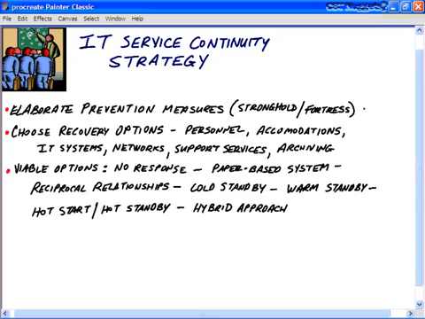Let's talk more about that. Most businesses, when they form an IT service continuity strategy, are going to find that fine line, that delicate balance between recovery planning and reducing risk. And one of the first aspects of strategy will be to elaborate the prevention measures that are available and that will be taken based on the risk analysis, considering all the cost and all the measures and all the different risk levels. These prevention measures are things that